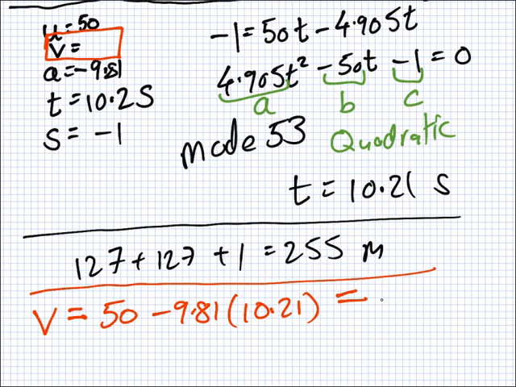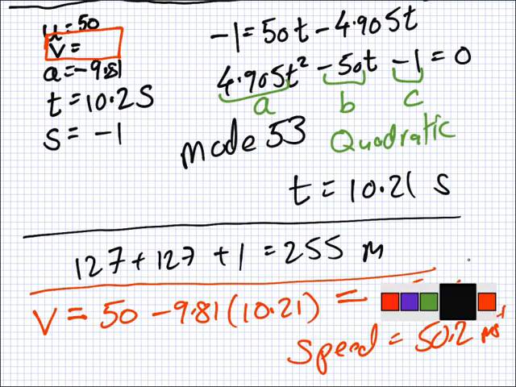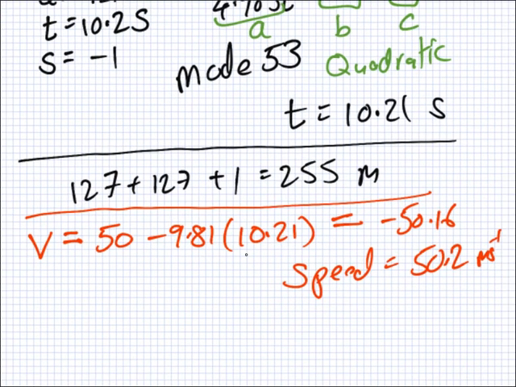Negative 50 with answers. So what's the speed? 50 with answers. 51. Okay, and finally,